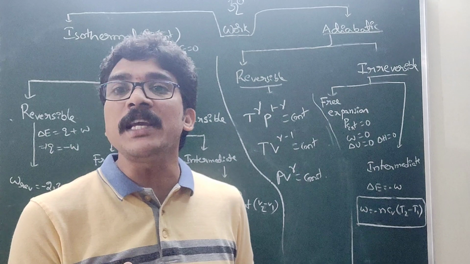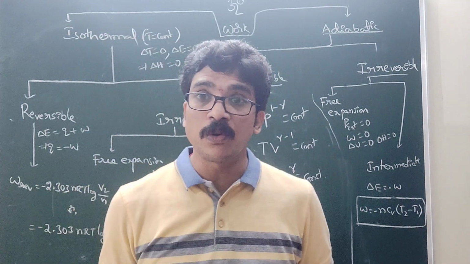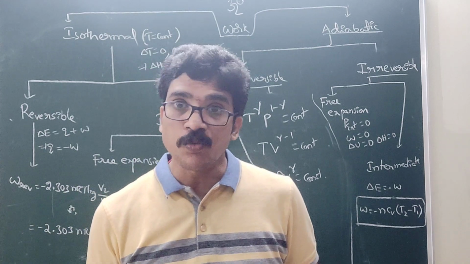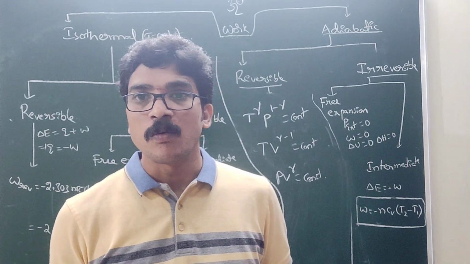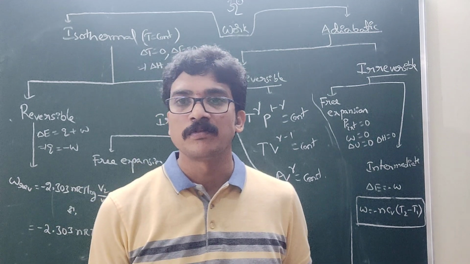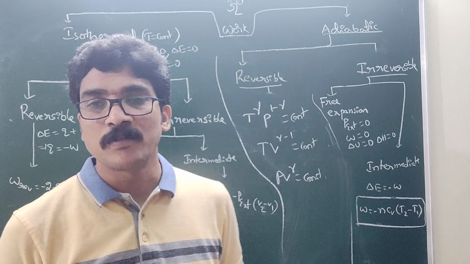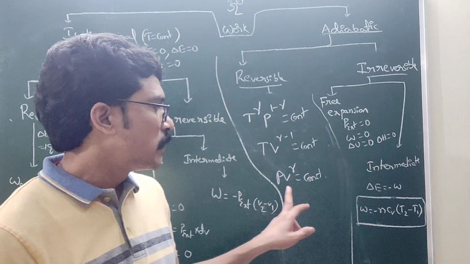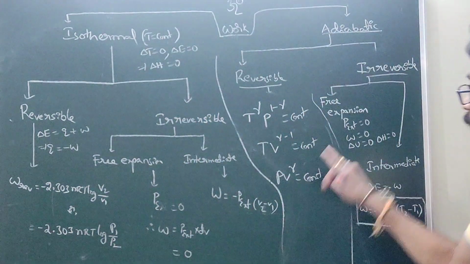For diatomic or linear molecules, the gamma value is equal to 7 by 5, that is 1.4. And the last value is 4 by 3, that is 1.33, if vibrational degrees of freedom is not considered. That is the gamma calculation. The last one, adiabatic